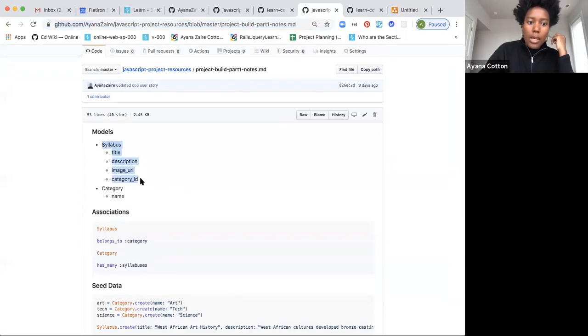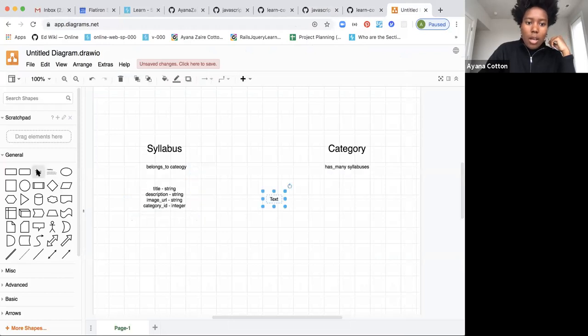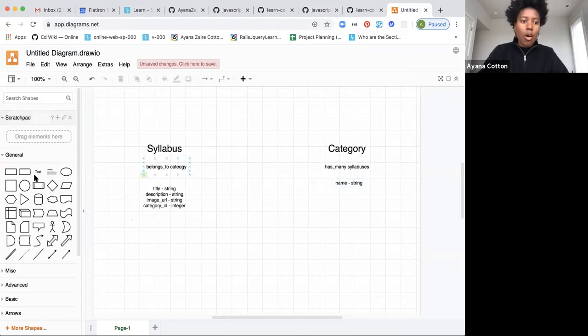And I've also mapped these out in our notes. So a syllabus needs a title, a description, an image URL, and a category ID. And then for category, for right now, a category can just have a name. That's really all I see a category needing at this point. And then something we can also do,